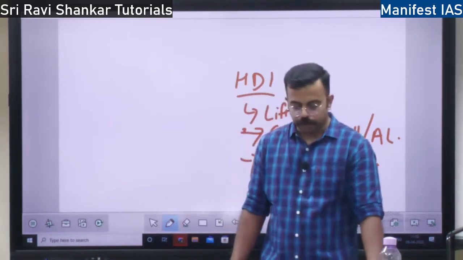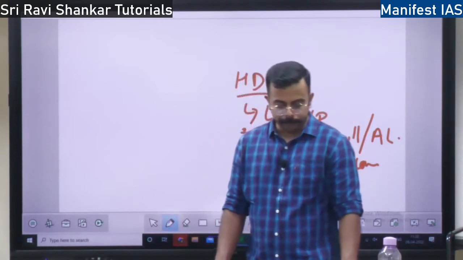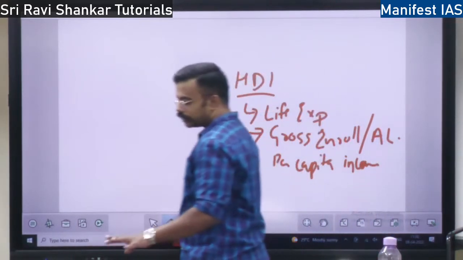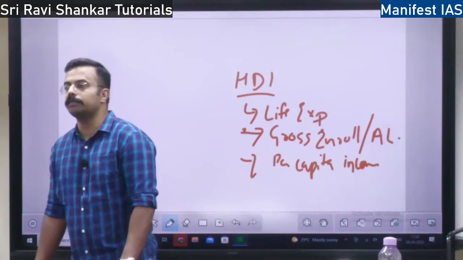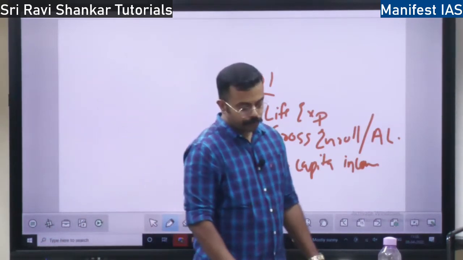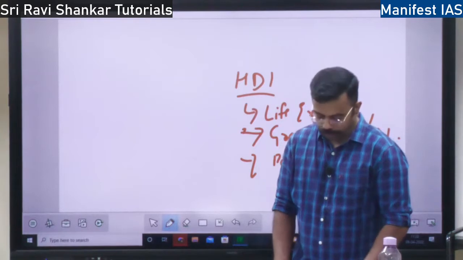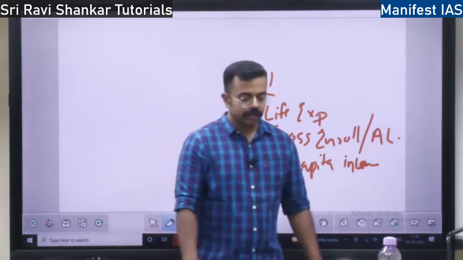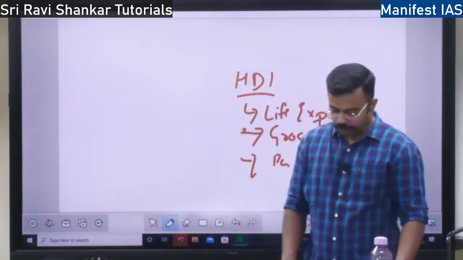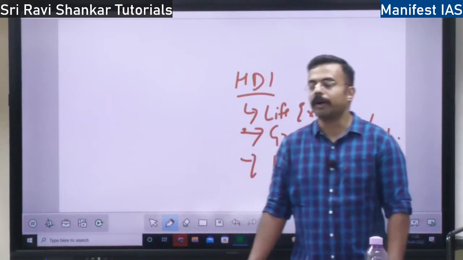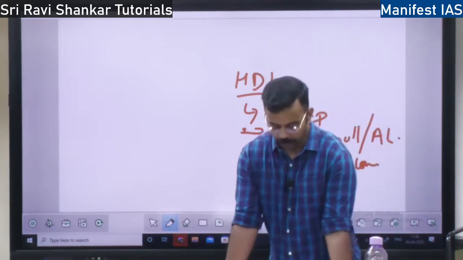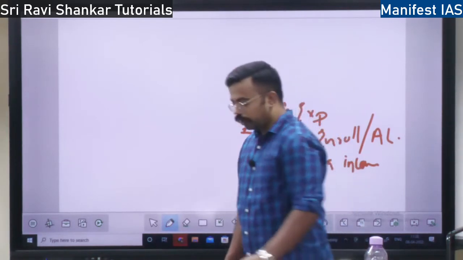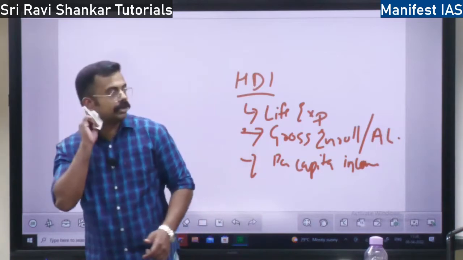And opportunity for education, healthcare, and income. So if you enlarge the choice of people, if you enable them to choose more and more things, and if you give more opportunity for education, healthcare, and income, then the population is said to be developed. Also, if you empower the population, if you give them human rights, that will also lead to human development. So this is the meaning of human development.